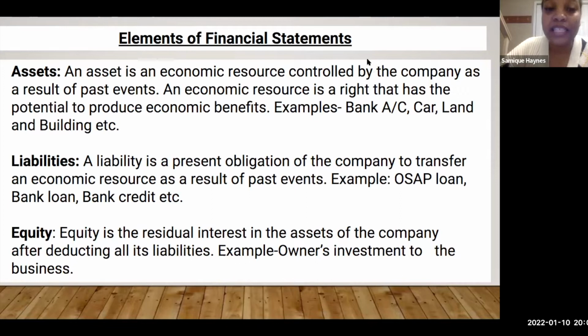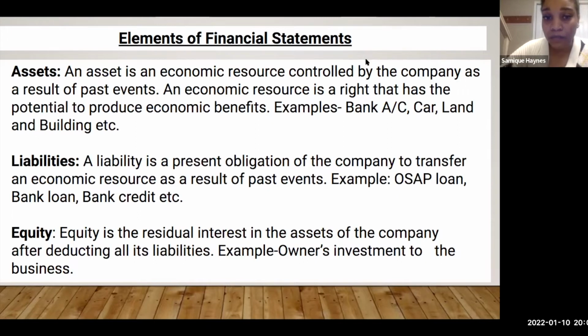Another thing you can see is prepaid rent. What does prepaid rent mean? Prepaid rent means that rent for the month of February is $5,000. And I said, you know what, I'm going to just pay for it now. I'm paying for my rent right now. So in January, I've already paid for February's rent. That prepayment of rent is an asset to me, okay? That is an asset to me.